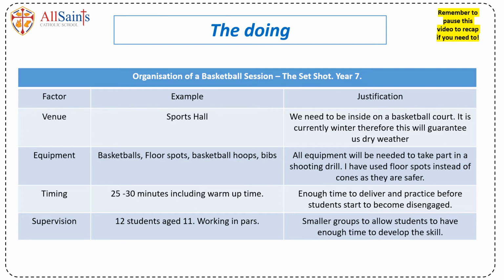What I mean by that is you're not going to have 6 students, 1 basketball and 1 basketball hoop, and they are getting 1 shot every 2 to 3 minutes. If you have 1 basketball between 2 people, they're going to get lots of shots, lots of practice, and hopefully meet the session objectives and improve, because they're getting more shots up and more opportunity to practice that skill.